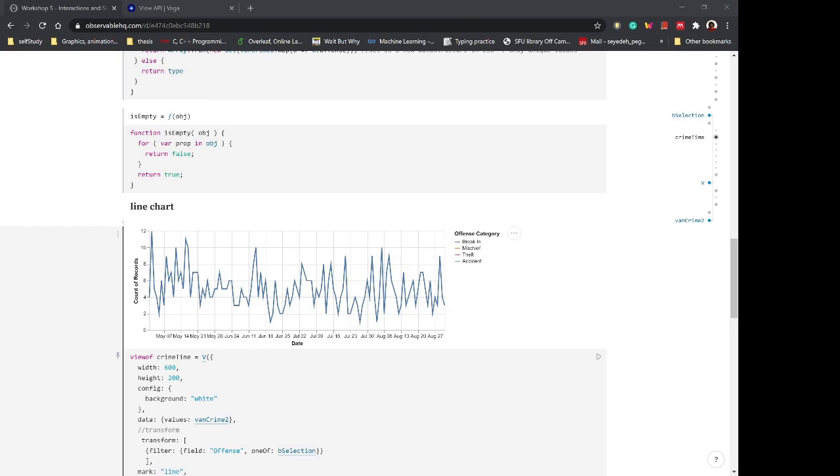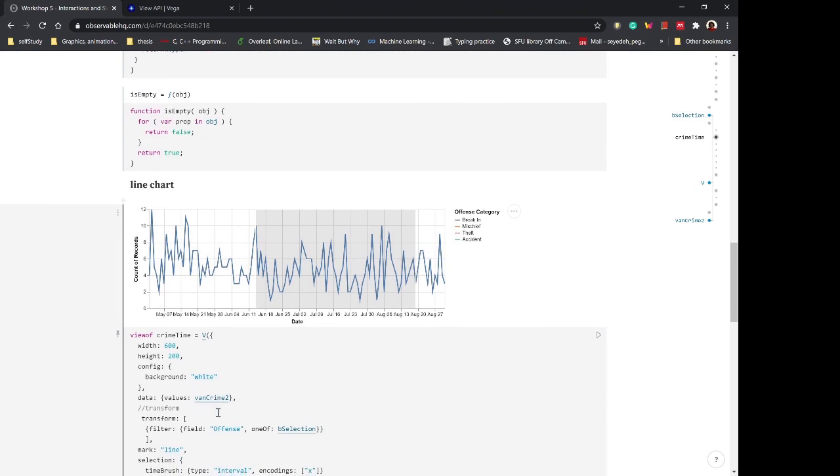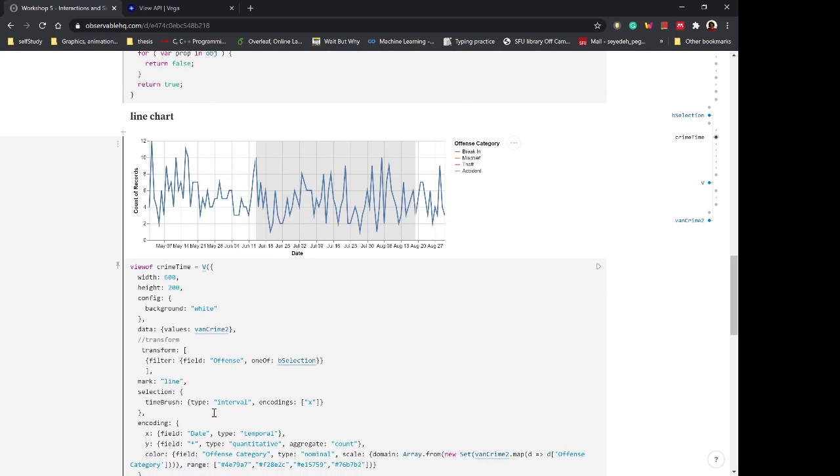Let's, for practice, add another signal using the time brush, brushing the line chart, and then selecting a filter, making a select for the filter, and then adding that value, modifying that value in